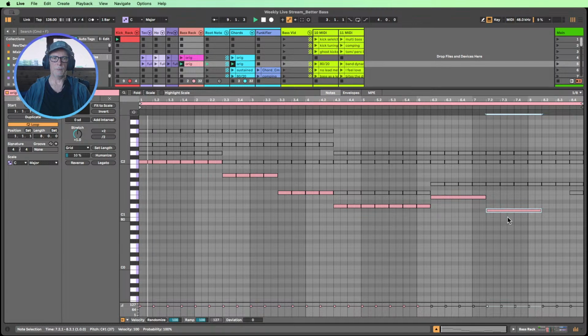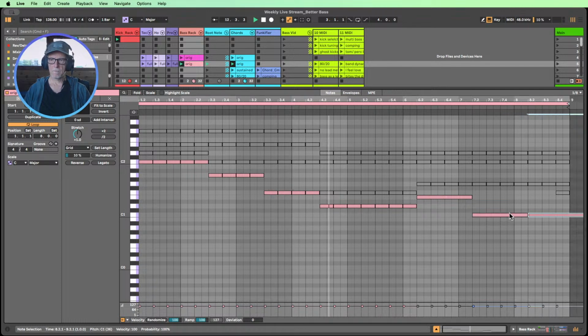Just realized I was out of scale and I went to change it, but I clicked the wrong button. So we could go even down.